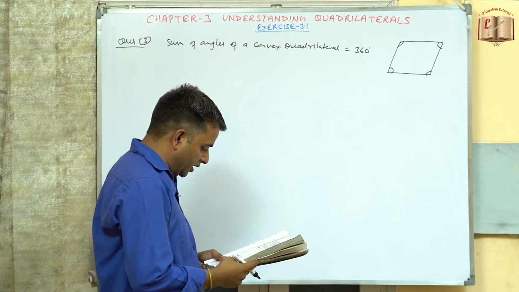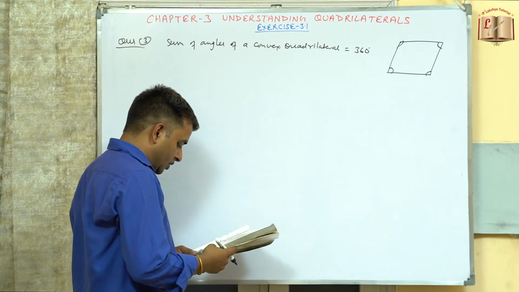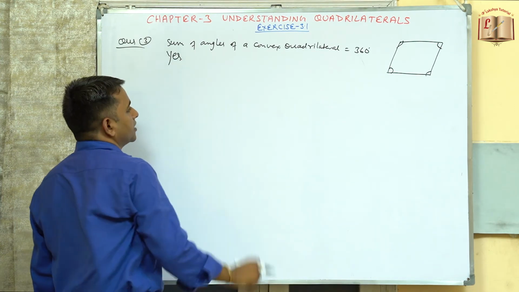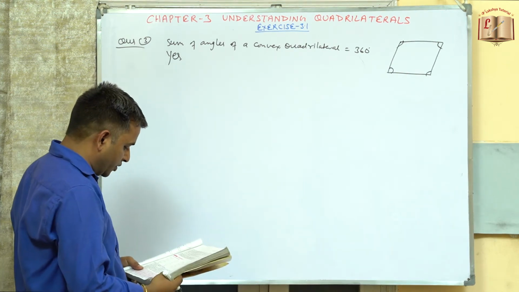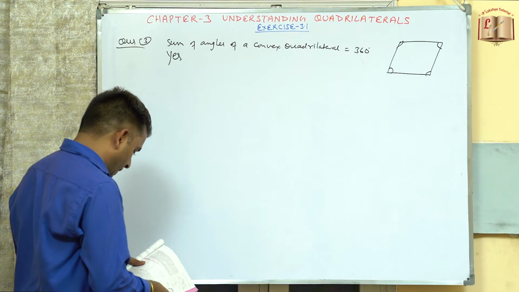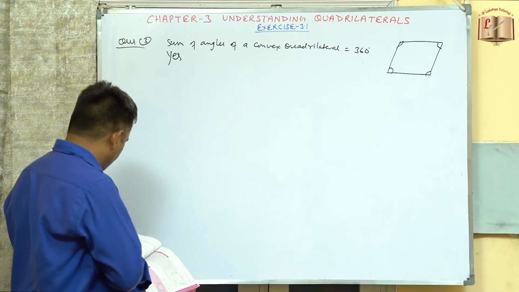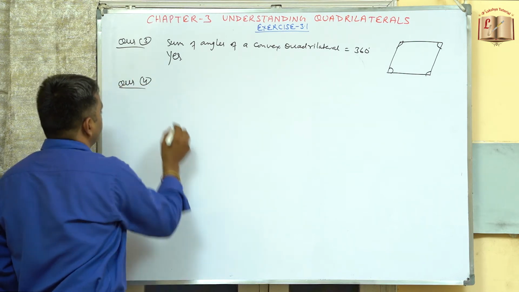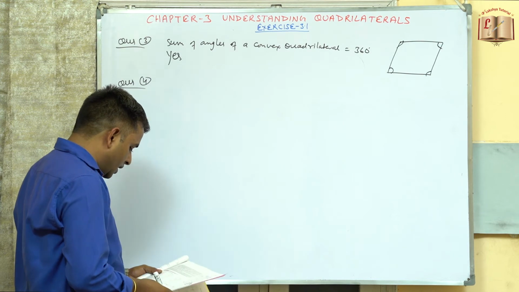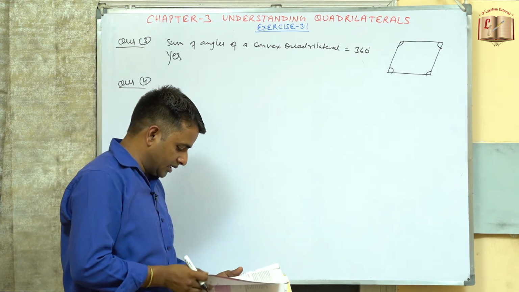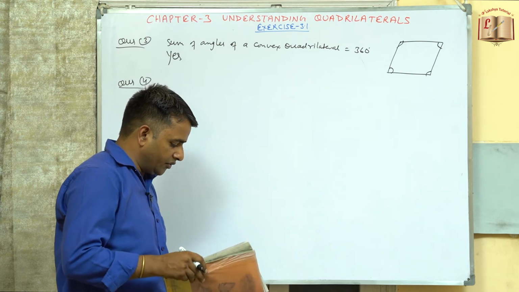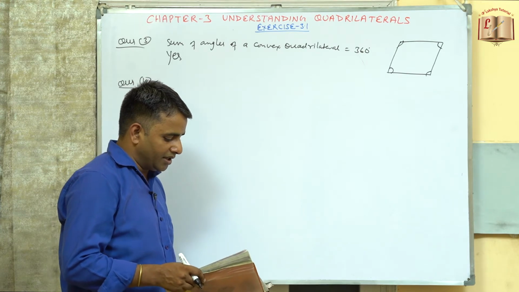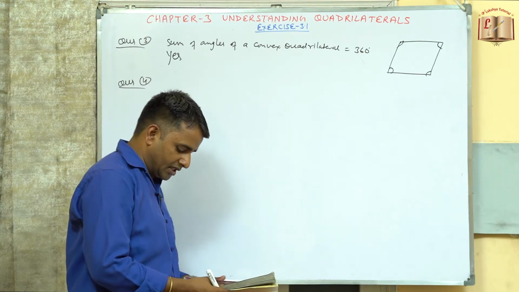Will this property hold if the quadrilateral is not a convex one? So yes, it holds even if the quadrilateral is not a convex one. So because four sided के लिए होता है ये. So now coming to the question number 4. Examine the table, each of the figures and divide into triangles and sum of the angle deduced from that. Now we need to find out what can you say about the angle sum of a convex polygon with the number of sides. So number of sides is given.